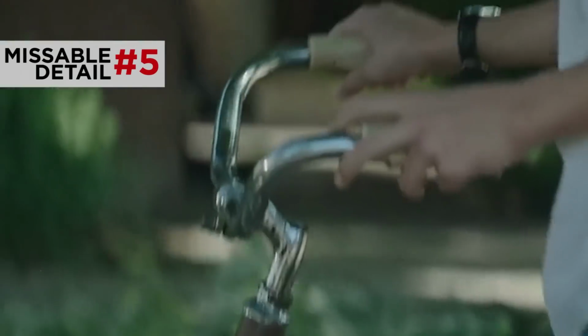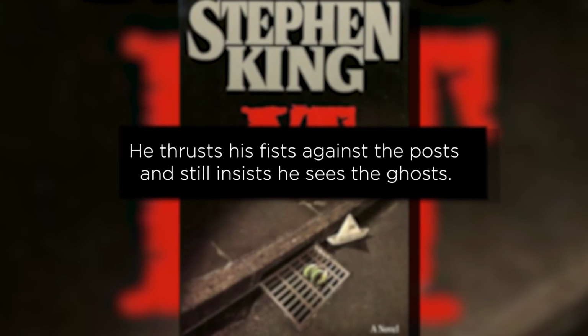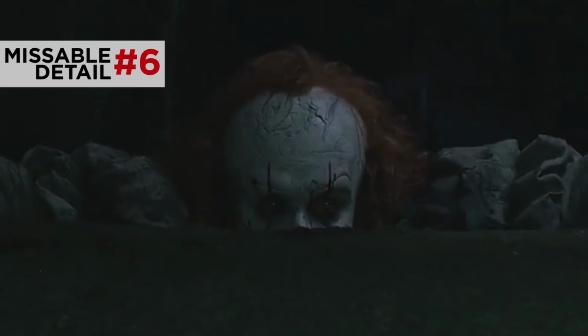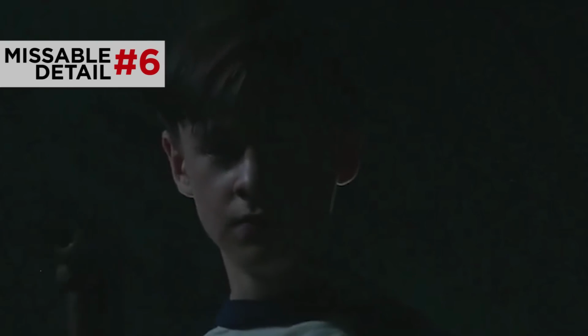Later, as Bill walks home from school, he says this. "He thrusts his fist against the..." His stutter keeps him from finishing this tongue twister, but this is also from the book where Bill says the whole phrase. "He thrusts his fists against the posts and still insists he sees the ghosts." Damn, that ain't easy. At the end of the movie, Pennywise actually repeats this complete phrase as a final FU to Bill in his stutter as he retreats down the well shaft. "He thrusts his fist against the..."